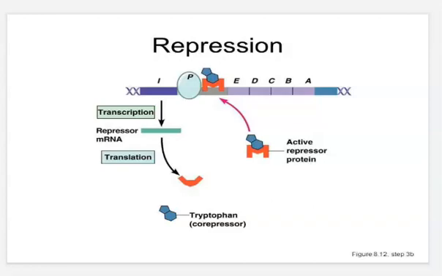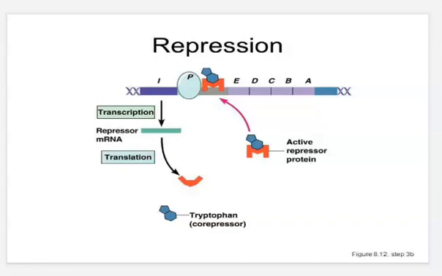Then the repression. As we said, repression operates by feedback inhibition. Nothing but a series of enzyme catalyzed reactions where a particular amino acid acts as a repressor molecule to further production of the